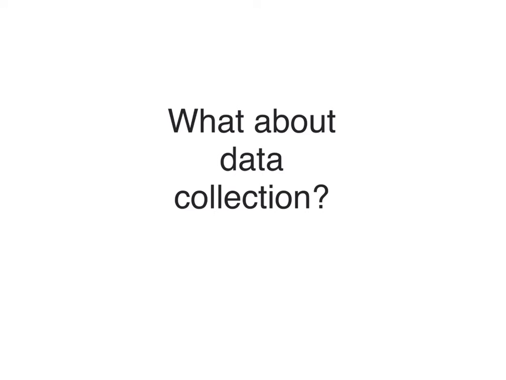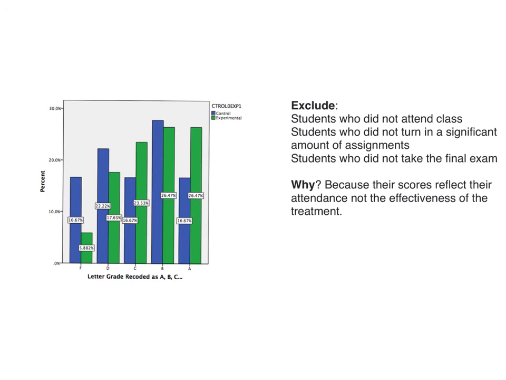What about when you're involved in data collection? What's the protocol, or what should you do if you have a few very high or very low values that are impacting your data? You as a researcher will need to decide which strategy is best for you. For example, in our own work, we evaluated the effectiveness of new teaching tools for 2 sections of an engineering class. One served as the experimental and one as the control. Students who didn't complete the course were eliminated from our analysis. This is because their scores reflected a lack of attendance, not whether or not the treatment worked.